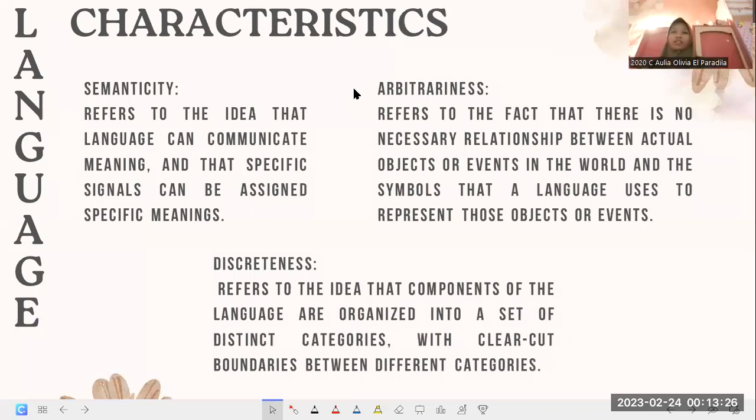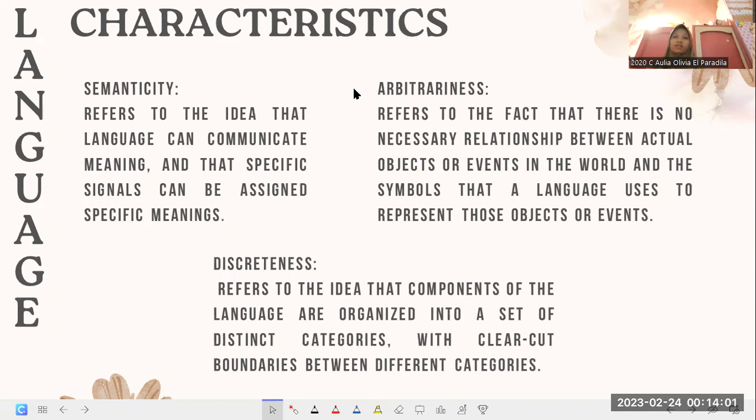Okay, Risna, thank you. So the first one is language characteristics. Descriptions of language often appeal to Charles Hockett's design features, a set of central, possibly necessary design features that could include the following: semanticity, arbitrariness, discreteness, displacement, the duality of patterning, and generativity. Okay, let's consider each of these in turn.